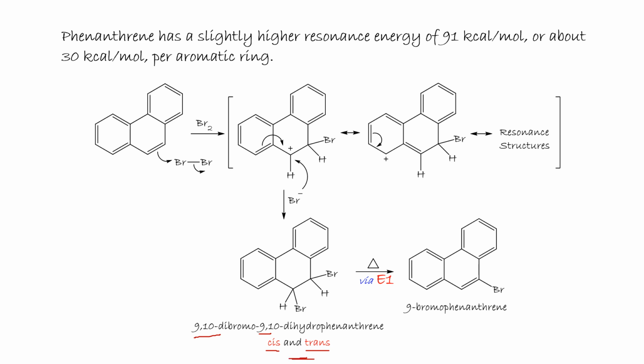you end up with 9-bromophenanthrene. You end up with 9-bromophenanthrene via an E1 mechanism, which means that upon heating it goes back to here and then Br minus leaves, because you're giving energy as a driving force for this to act to get this. Oops, you get that,